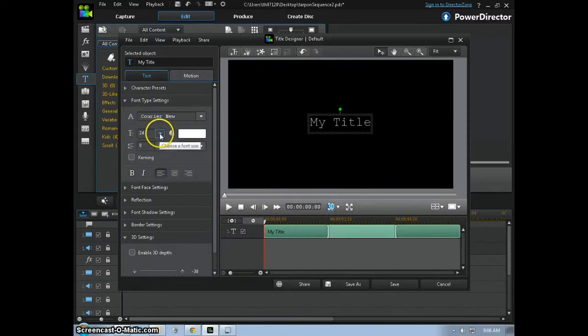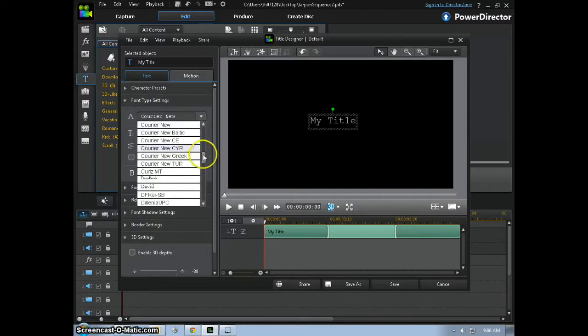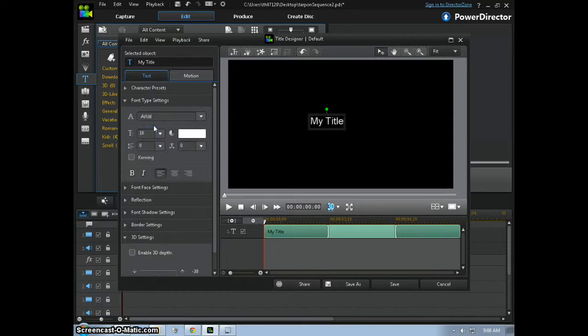24 is probably a little bit too big for the title I have in mind, so I'll go ahead and shrink that down maybe to an 18. And I'm not super excited about the Courier. It's not really bold enough. So maybe I'll go in here and use something like Arial, and then I'll be able to make it bold also. Okay, so then you can just highlight the text, and my project is going to be called